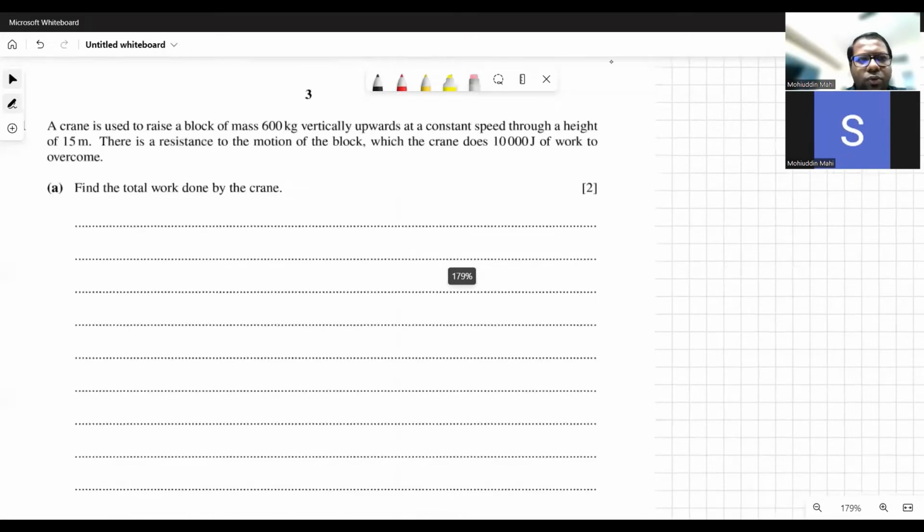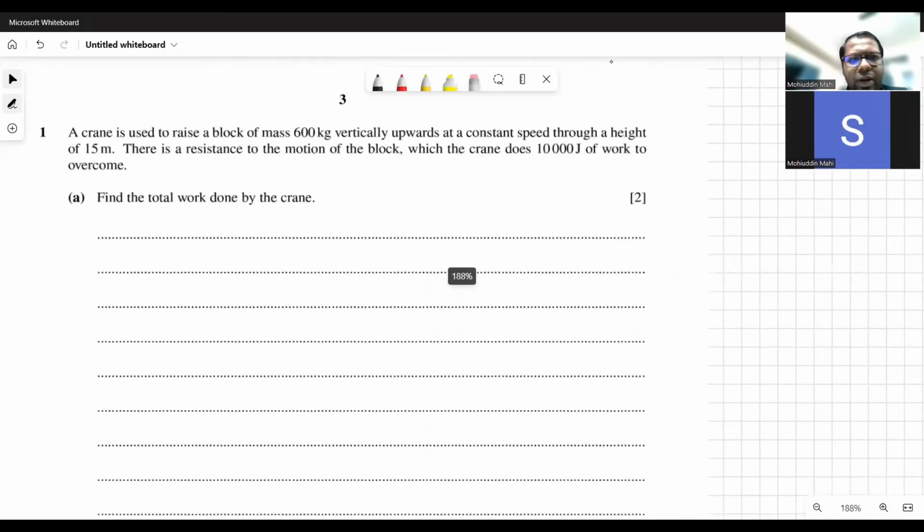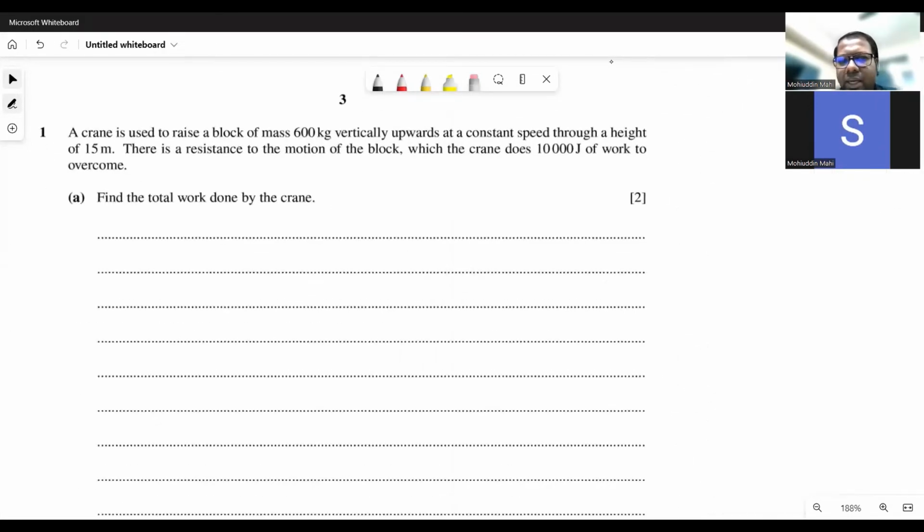Okay, so at first let's go through the question. A crane is used to raise a block of mass 600 kg vertically upwards at a constant speed through a height of 15 meters. There is a resistance to the motion of the block which the crane does 10,000 joule of work to overcome. So that means the crane is raising a block of mass 600 kg with a constant